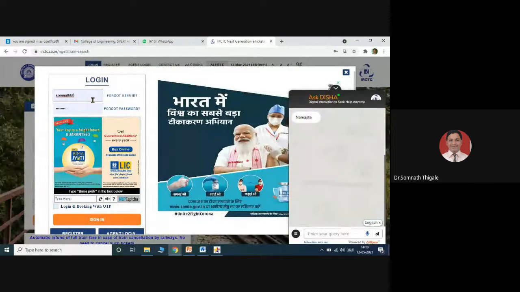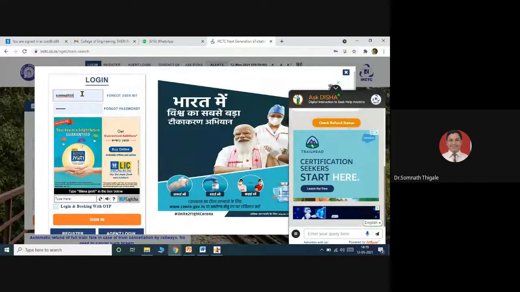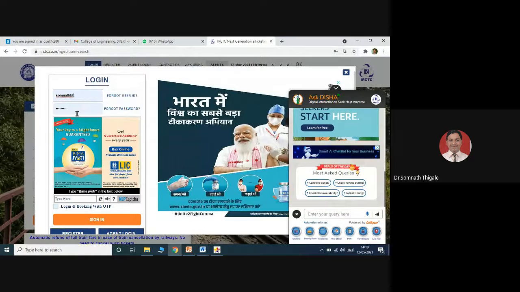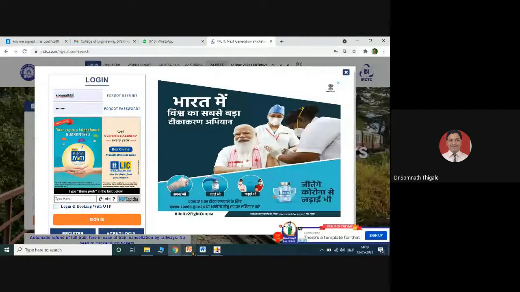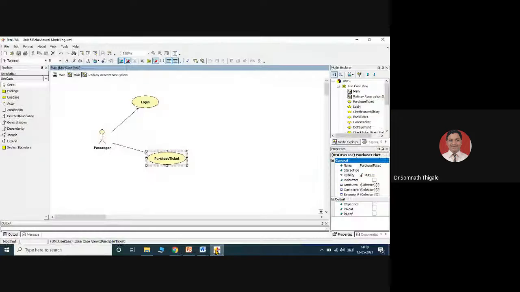To perform the login, I need to enter my user ID and my password. So understand this scenario. Where will I get this login? I will get it within a condition. What is that condition? I must have a user ID and password. When will I get a user ID and password? When I sign up for the system.